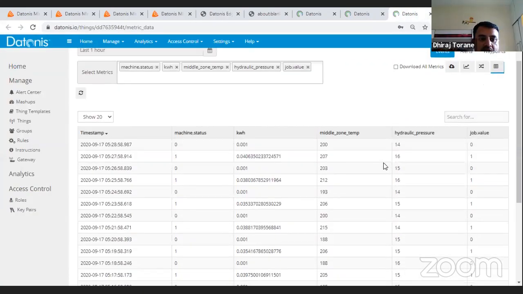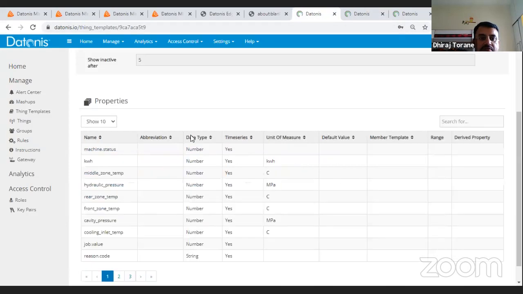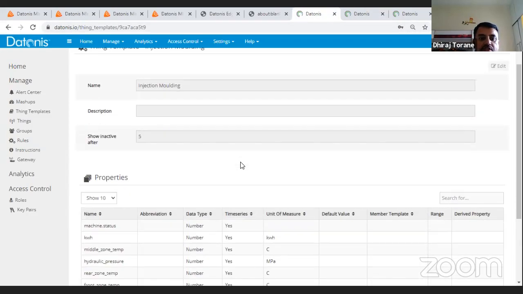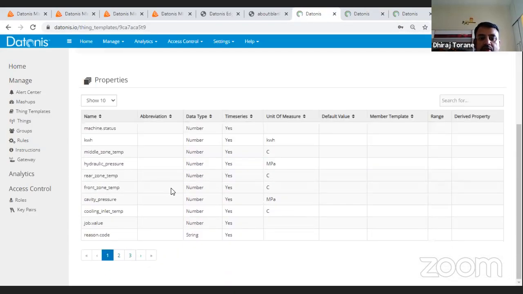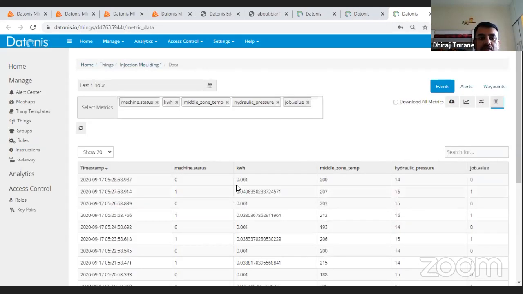And just to add, this is how we have a concept of things template, which are nothing but your digital twin, where all the properties are defined. This is on the Datonis platform, how we model the assets, and for every asset, it will be a part of the same thing template. And what you see here is a time series data that I capture